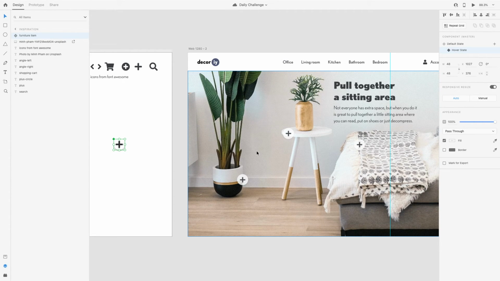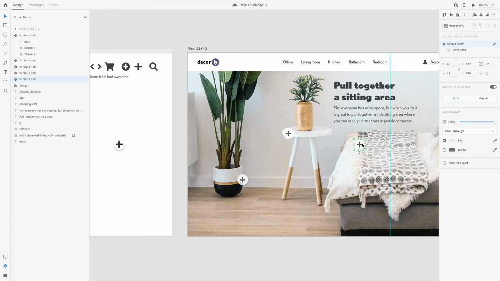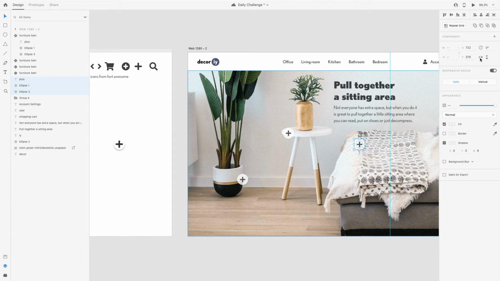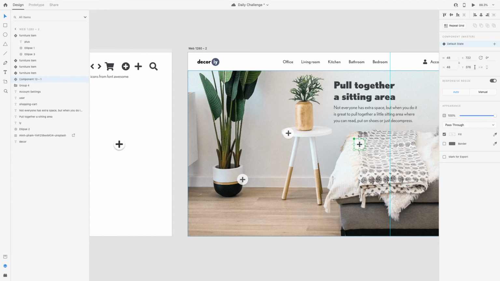Okay, so here's the frustrating thing. The thing I find really frustrating is I can't duplicate this component. So I can't create multiple tags based on this design because I'm going to have to break this component and then make it into a new component and then remember all of the stuff that I did to make this selection. Okay, so now I have to go back, add the hover, and